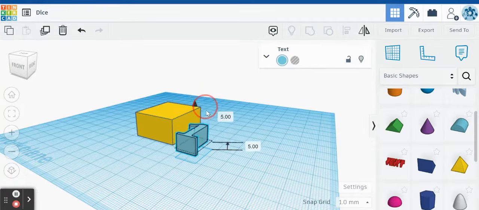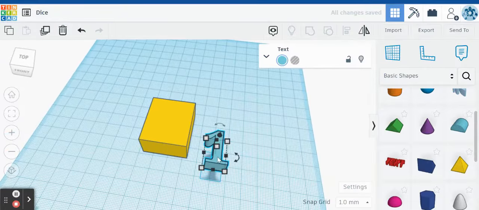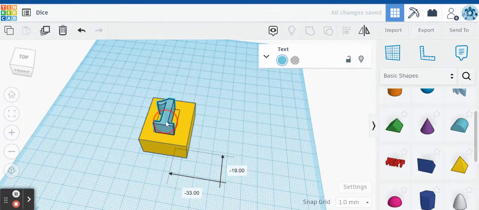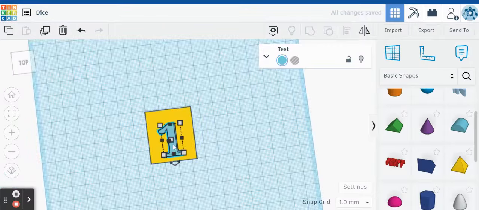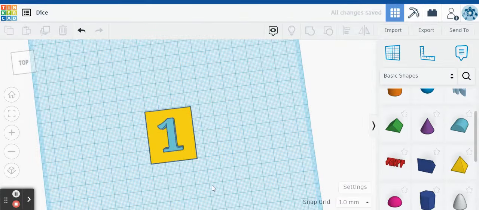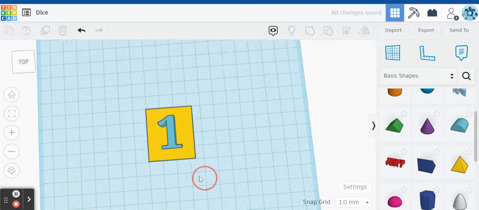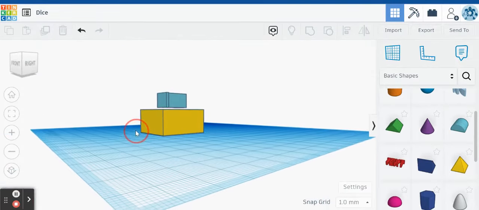Now that's one way that you can move this. So if I move it up, and then I can grab it and move it over and put it where I think I need to put it on my die. I'm going to try to put it right in the middle so I can move it right about there. Now, I have a little bit of an issue with this because if you maneuver